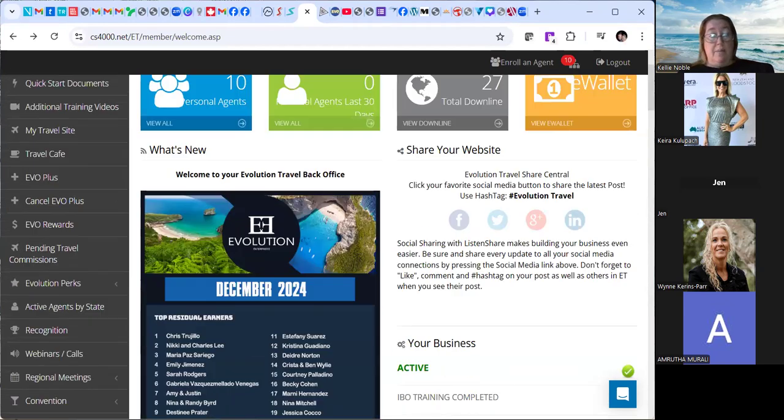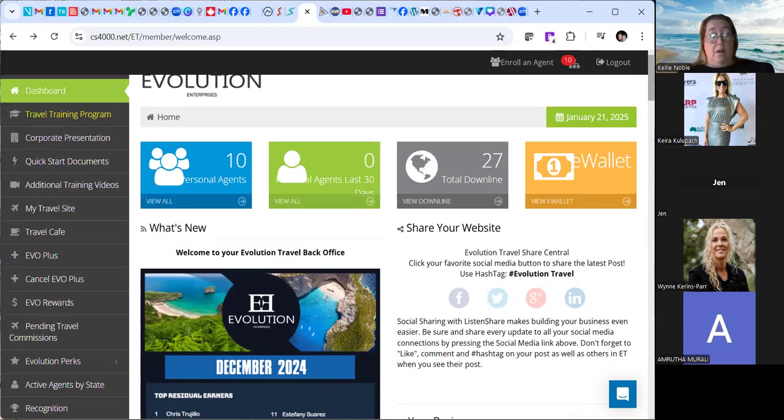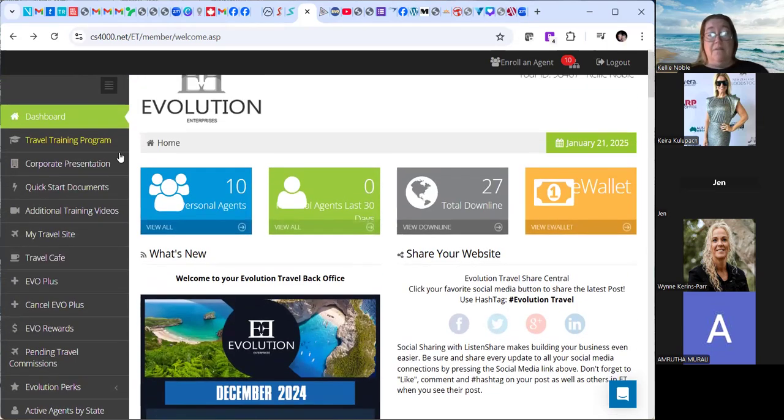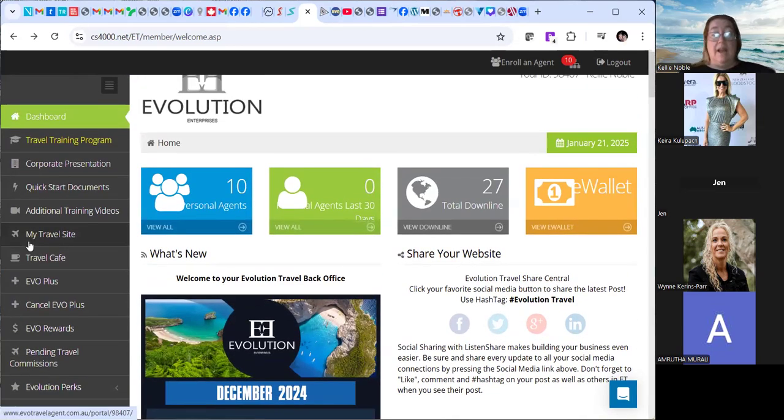If you scroll back up, on the left-hand side, there's plenty of different things that you can look at at your leisure. I don't want to go through them all at a beginning stage because you'll get very overwhelmed. But, you know, quick start documents, you can have a look at that. Evo Plus, that yellow video,